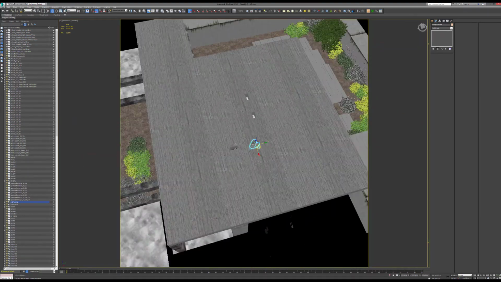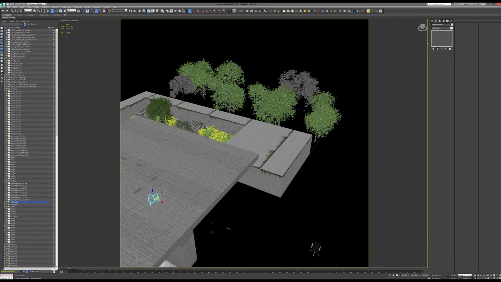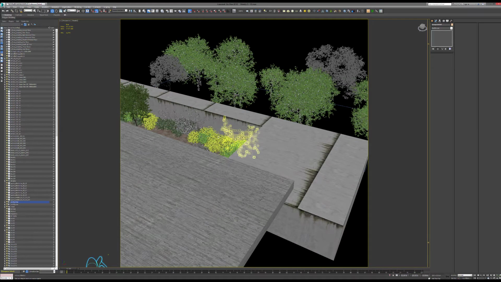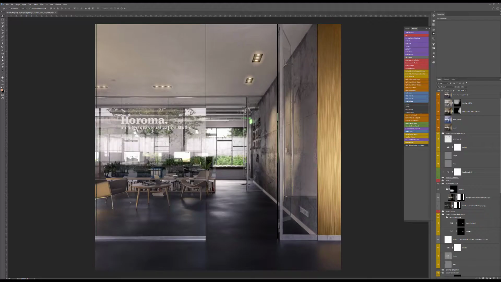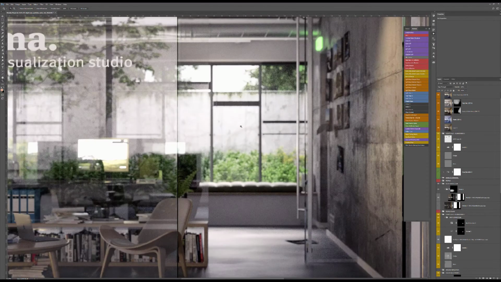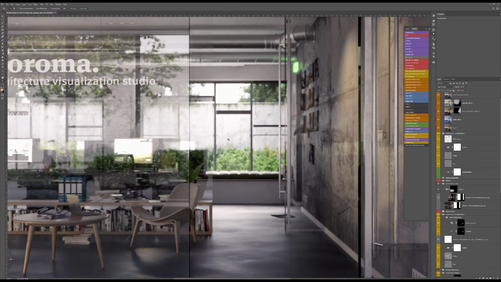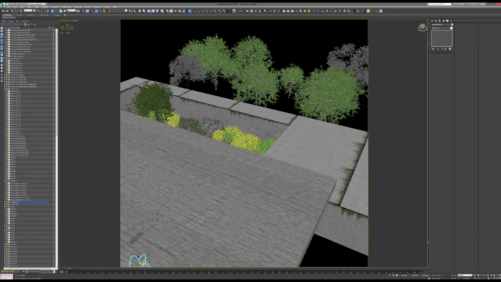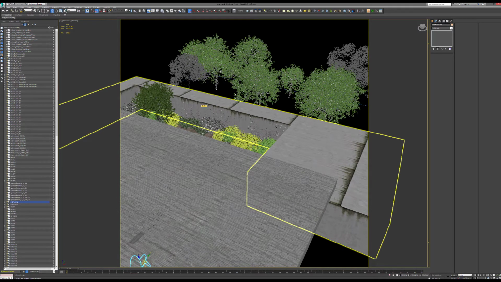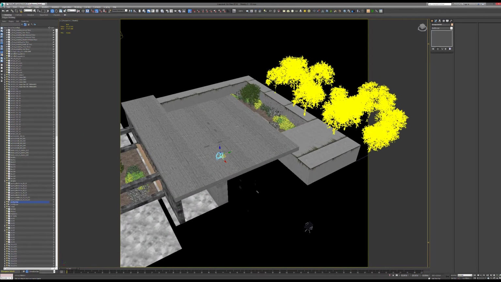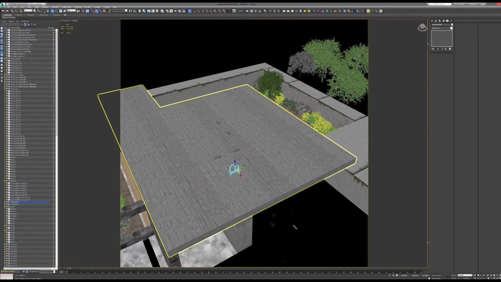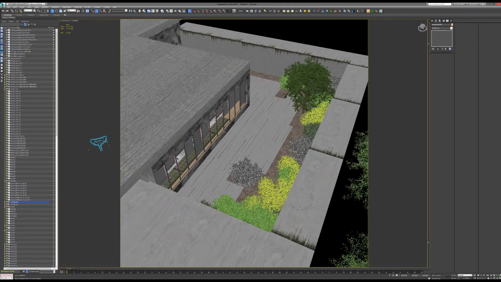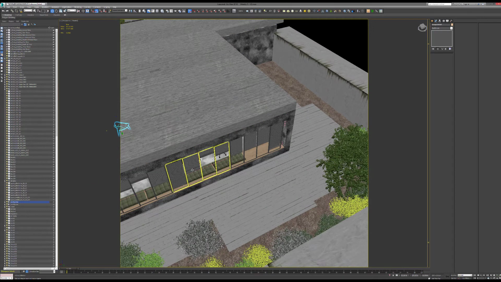In terms of modeling still, there's a couple of interesting things. It's really small detail, but there are a couple of ivy plants in the background that you can actually see in the final render, but they're extremely subtle. I knew that the background would be slightly out of focus, so that's why it's still conveniently detailed, but really simple. And the background trees here, everything is done with Forest Pack because it's easier that way. And I don't think there's anything really special